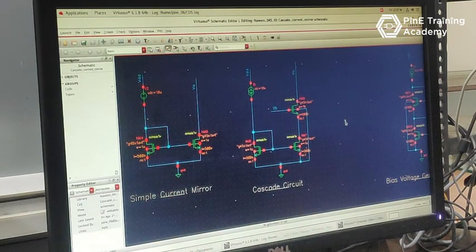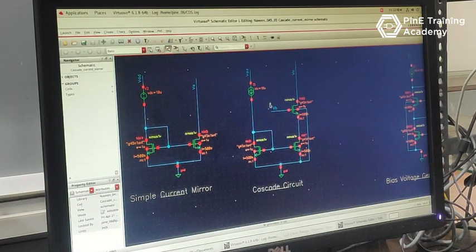Our goal is that the VDS voltage of this MOSFET is equal to the VDS voltage of this MOSFET. If VDS voltage is equal, then our I drive current is equal to I reference current. So first of all, we make sure all transistors are in the saturation region. We know that this transistor is a diode connected transistor, and if it is diode connected, then it is always in saturation region. And this transistor has the same VDS as this transistor, and ID will be the same. This transistor is in the saturation region.